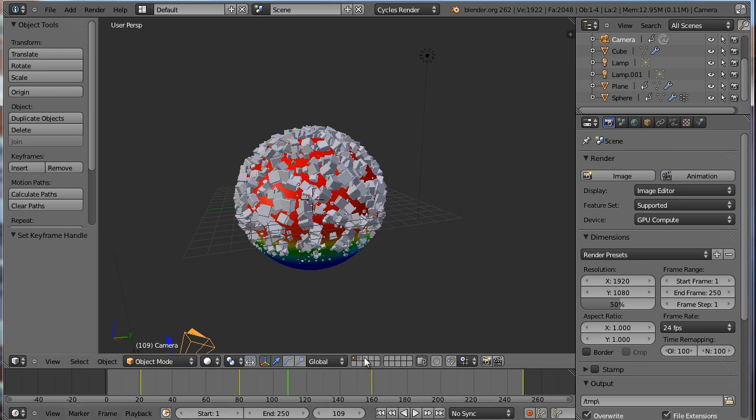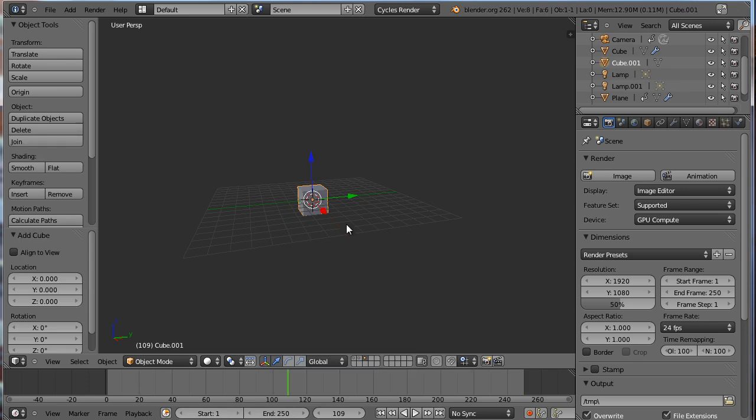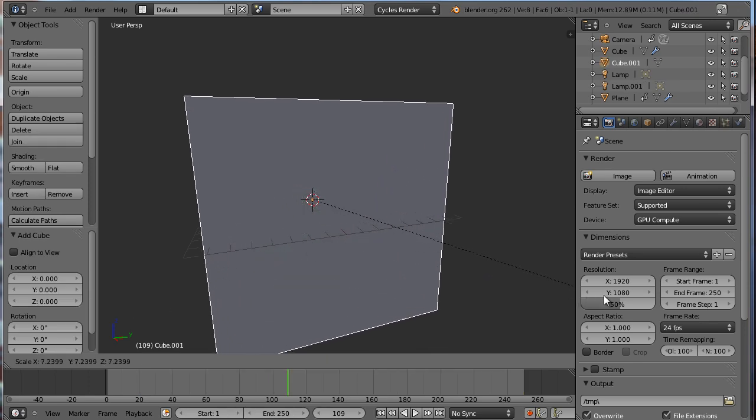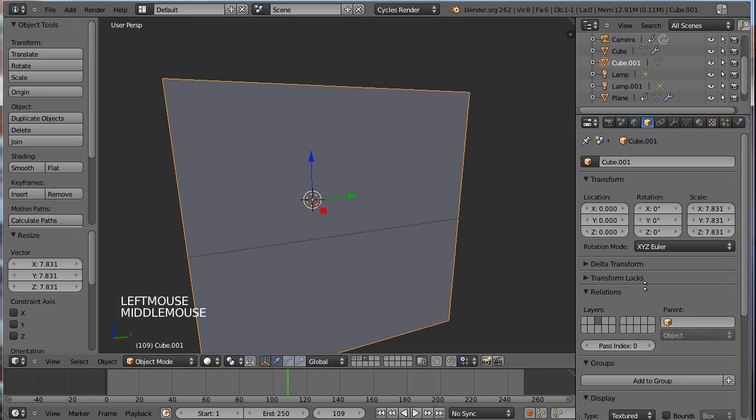and go to layer 3 and create a cube. Scale that up, and right about there is pretty good. And let's see, go over here